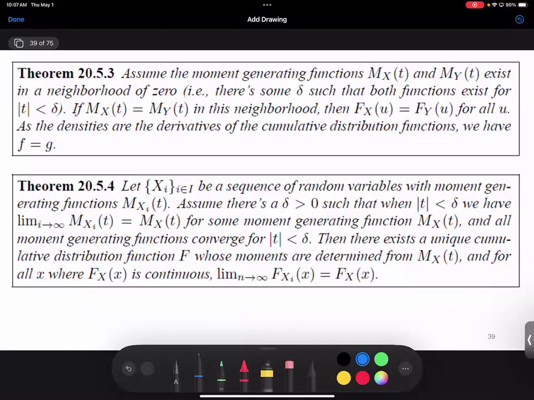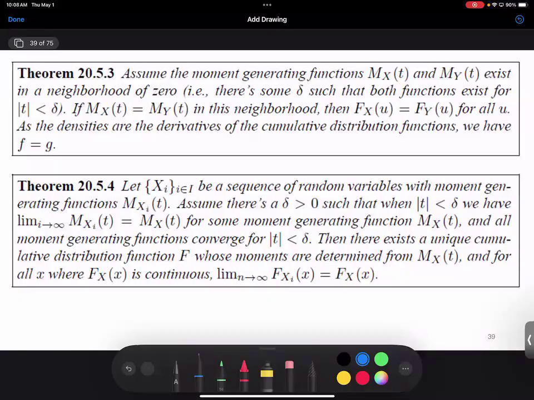This seems reasonable. You shouldn't be able to have two moment generating functions that are equal for infinitely many values over an entire continuous range unless they're coming from the same distribution. But remember, we do know things such as that strange function e to the negative 1 over x squared, where all of the Taylor coefficients are 0, but it's not identically 0. So I could add that to any function and not change its Taylor series at the origin. So we have to be careful. It turns out knowing the integer moments is not enough to uniquely determine the probability distribution. This gives us not just the integer moments, but a little bit more.